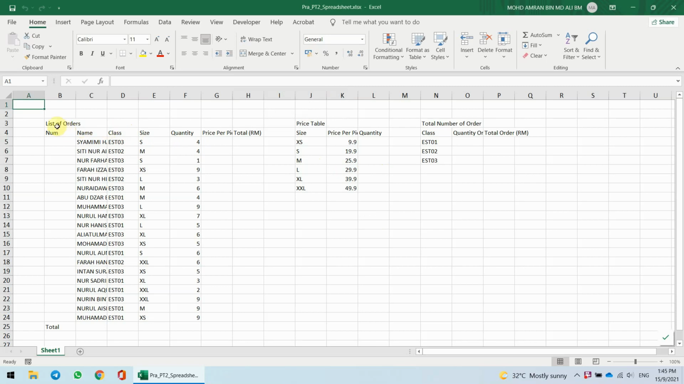For example, the list of orders. We want to merge the cells. So click cell B3, then click and drag until H3. After that, click the Merge and Center button here. Then the header, list of orders, will be centered and the cells from B3 until H3